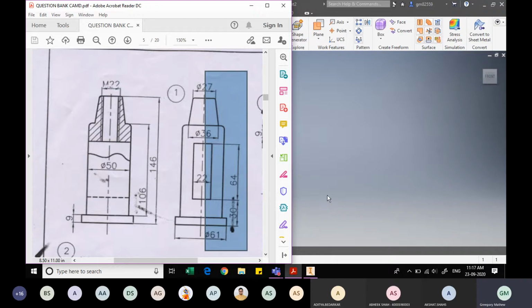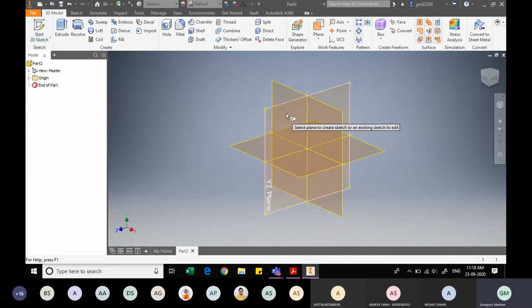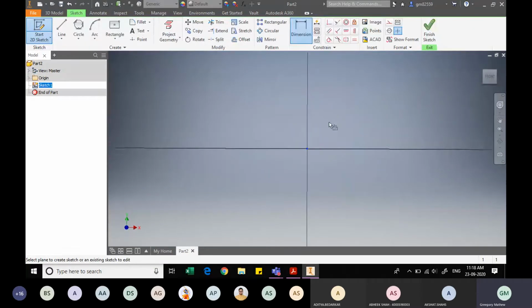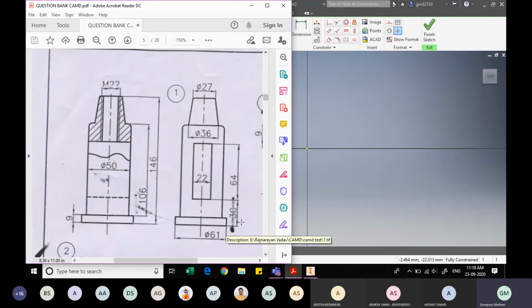So we will start. It is very visible to us that we need to place the sketch on the front view. So I will begin. Let us select our front view. And on this front view, let us begin by starting from this base point over here. What should be the length of this line that I need to draw now?